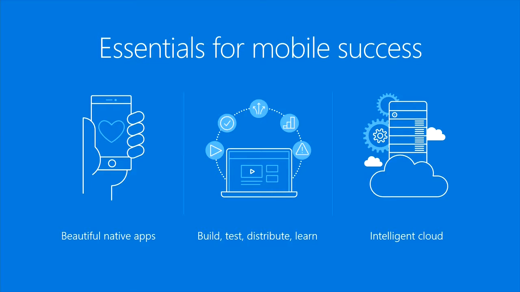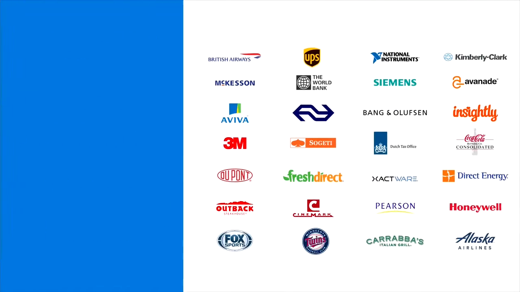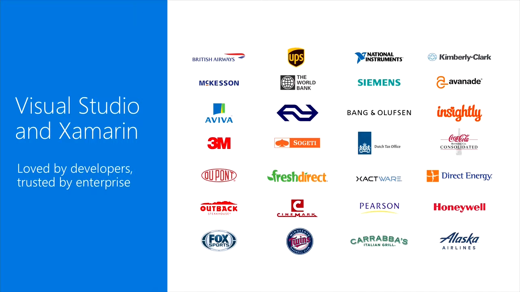Second, mobile developers need to be able to iterate quickly and build a continuous loop where you can build, test, distribute, and learn from your users on an ongoing basis. And then finally, every app needs to be backed by a highly scalable cloud that can grow with your user base, and that provides intelligent services like data synchronization or AI capabilities that can make your app even more capable. And Visual Studio and Xamarin now provide an incredibly powerful solution that enables you to do